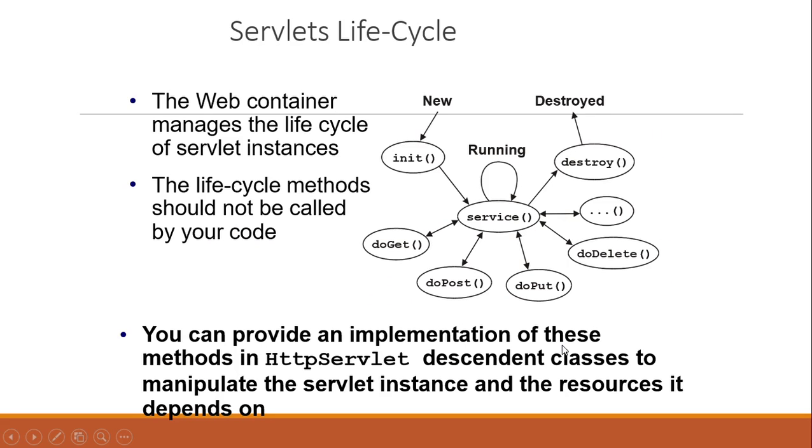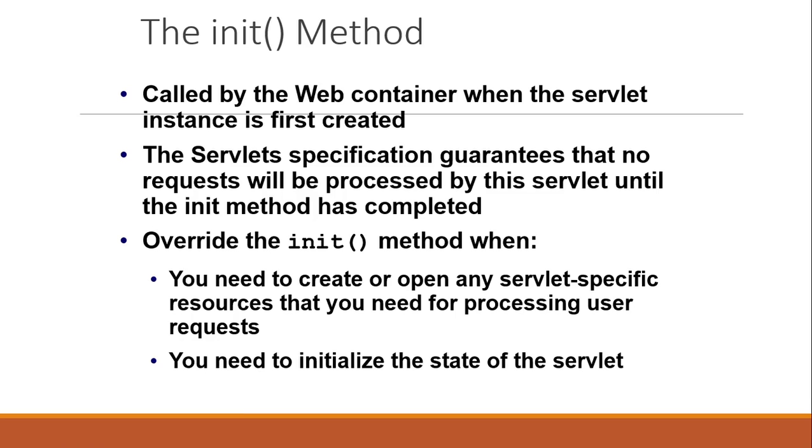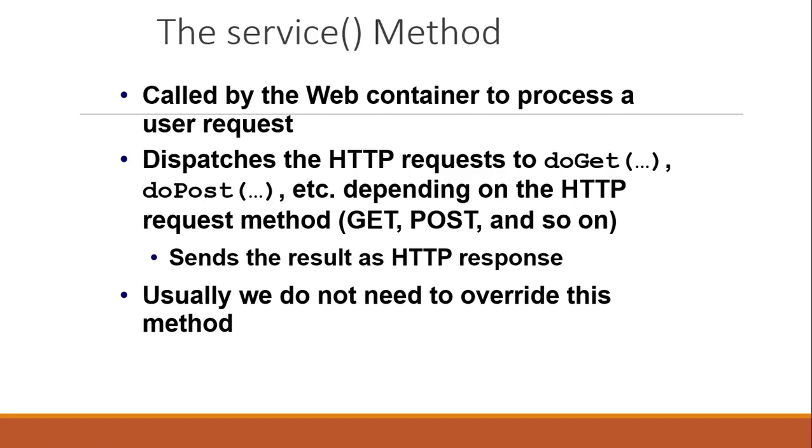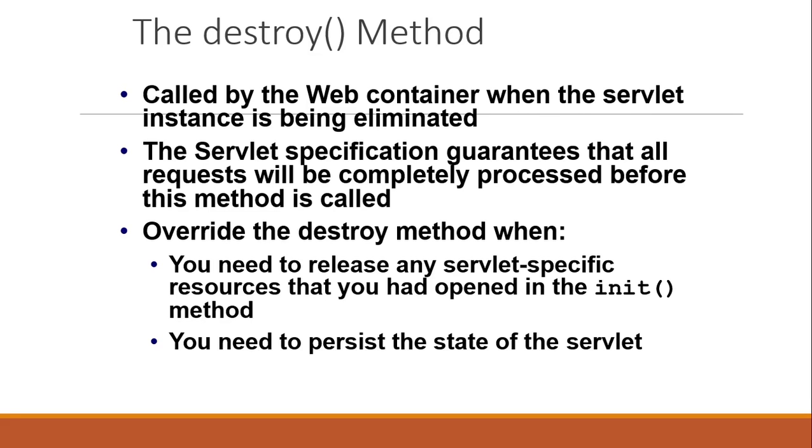I will explain the servlet life cycle very briefly. Like new, similar to the cycle you have discussed in your operating system. Similarly here, there are services like doGet, doPost, doDelete and so many others. When it is destroyed, it gives a message to destroy. And all the services, like get, post, delete, are called continuously in a loop. Fine, so this is the servlet life cycle. These are the methods by which we initialize the servlets, make them serviceable, and destroy them.